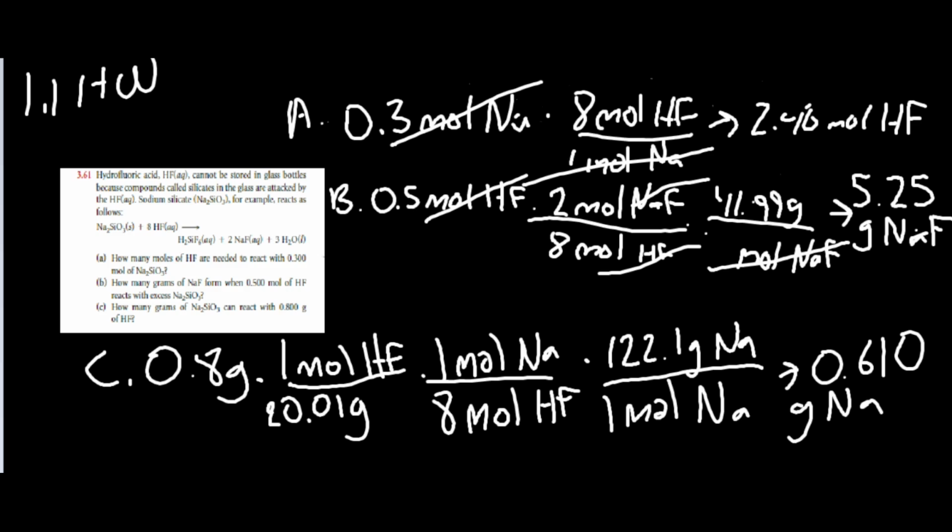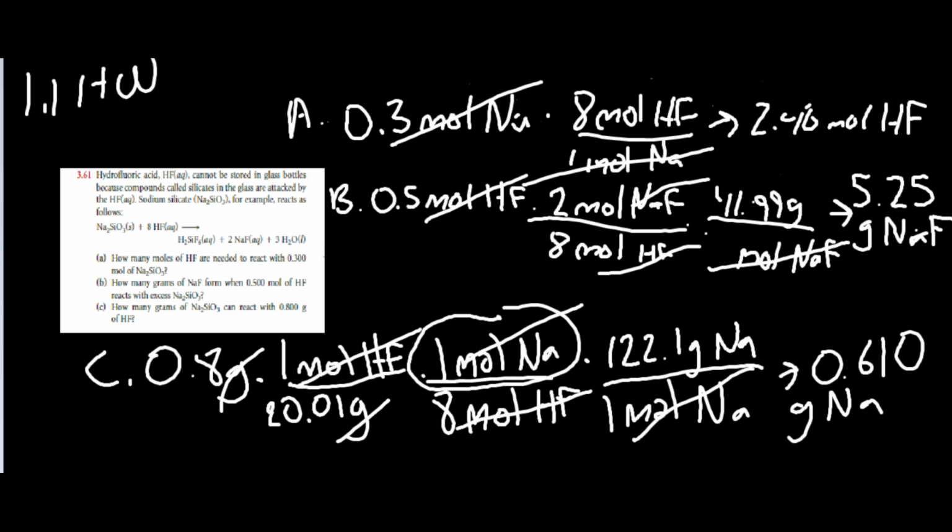And then for C, this is the same thing but with more steps. How many grams of sodium can react with 0.8 grams of HF? In this problem, there's going to be a lot of steps. First, you have to convert grams of HF to moles of HF, then convert moles of HF to moles of sodium, and then convert from moles of sodium to grams of sodium. It's a long problem, but just do what I've been saying before, and you'll be left with 0.6 grams of